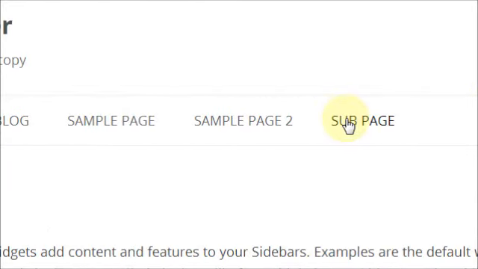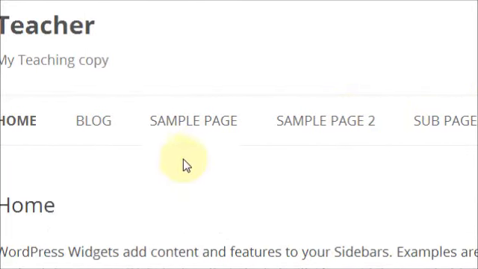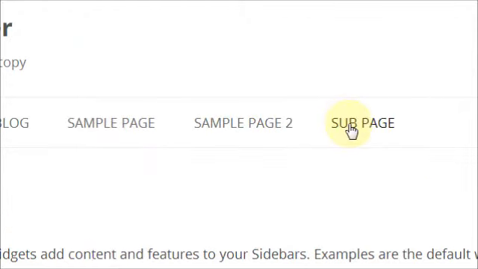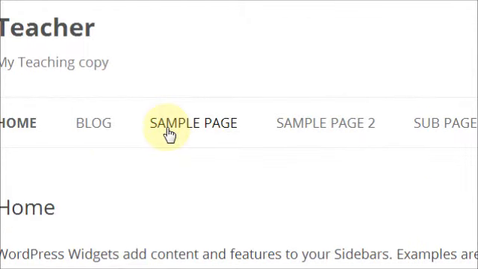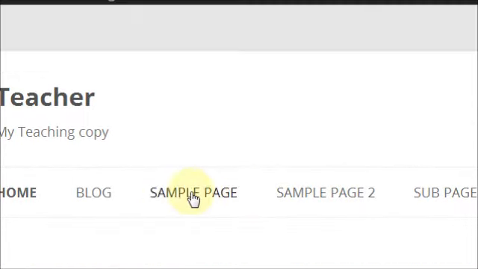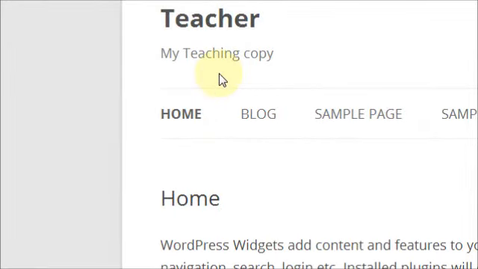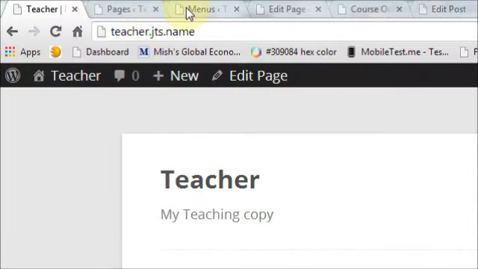So what I want to do is I want this subpage to be, let's say, underneath my sample page here. I want it to be when I click on here, there'll be a drop-down menu with a subpage underneath the sample page. And to do that, you go back to your menus,